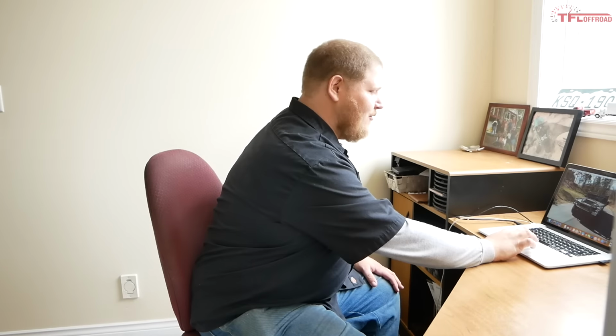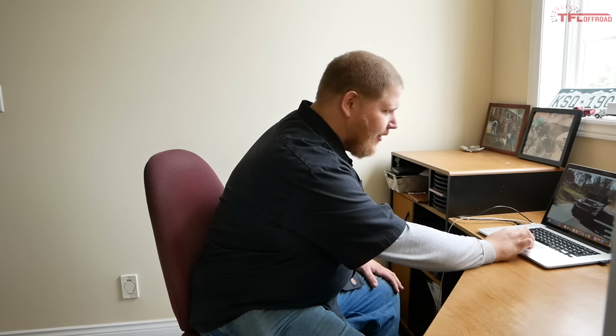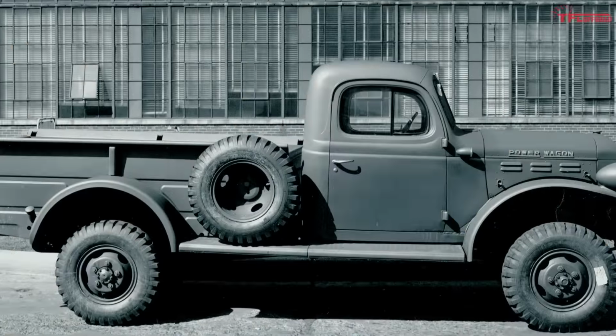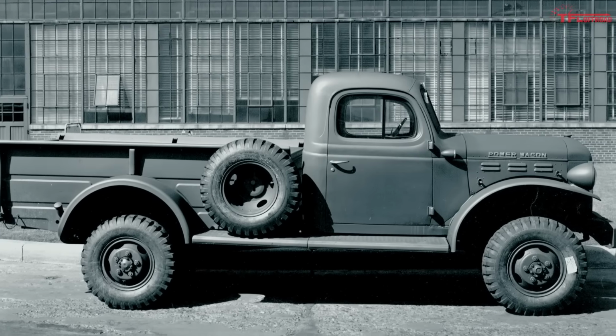So now on to our next military-inspired vehicle, and this time we are going to something from Ram. This, of course, is the Ram Power Wagon. Now, the Power Wagon, as we know it today, is an off-road package that comes to Ram heavy-duty pickup trucks, the Ram 2500, but back in the day, in the 40s, Ram, and I mean at that time it was still Dodge, they were building Dodge Power Wagons, these massive trucks. And if you don't know how the Power Wagon came to be, let's watch this quick snippet from an FCA